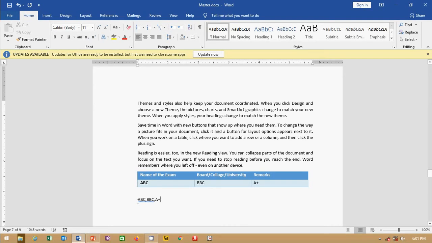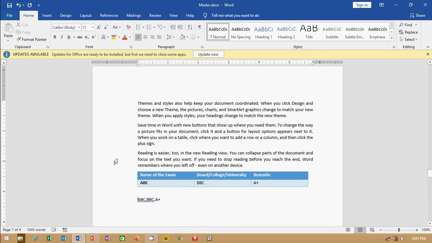Whatever you have written, you just write here and always use a separator. This is called a separator. Whatever separator you are giving, always remember which separator you are using: either comma, space or tab, or the paragraphs. So I am going to select this one. Until and unless you select, it will not be highlighted.